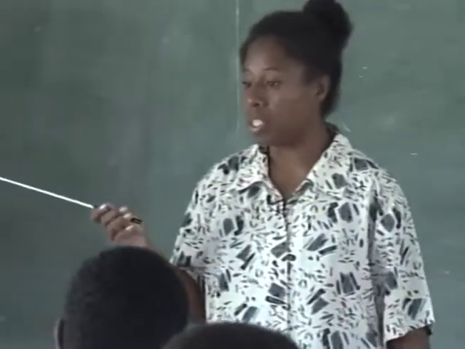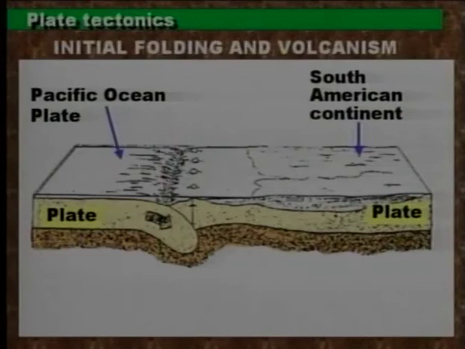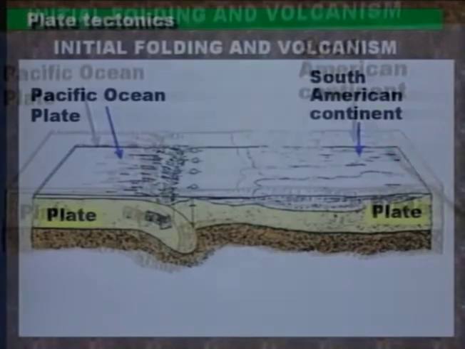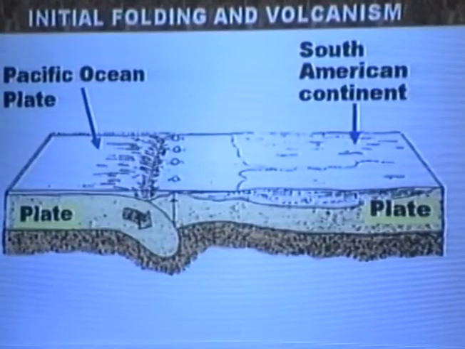So if we look at our textbook and the information presented on the monitor, initial folding and volcanism, you see the oceanic plate, which is the Pacific plate that is moving towards the South American plate. Where they meet, you can see a trench being formed and you can see the process of subduction occurring. Meanwhile, notice the land area here on the continental plate, which is the South American plate. Second stage,